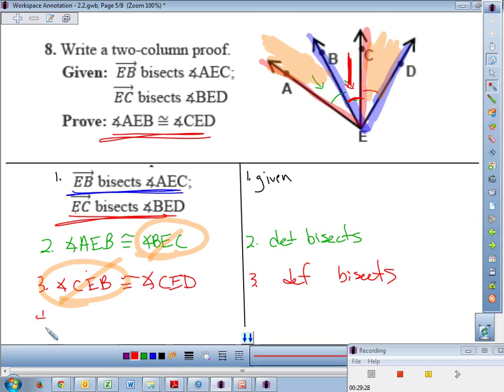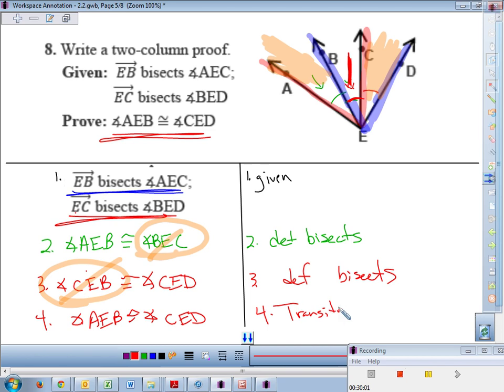So step for angle AEB is congruent to angle EB. Transitive property of congruence says we gain